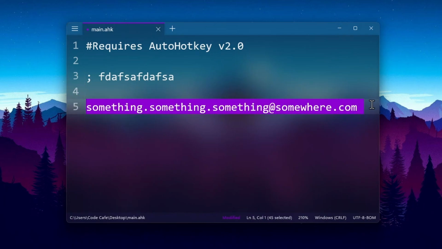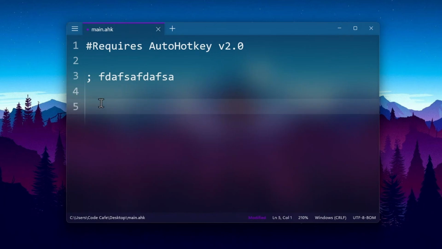I'm just going to cut it using Ctrl X and create a simple script to automate this and type it. So what you need to write is a colon and whatever you want to write. For example, I'm going to keep the hotkey as @email so that whenever I type @email, I get my email. And to pass in the actual value, you just need to complete it with two other colons.